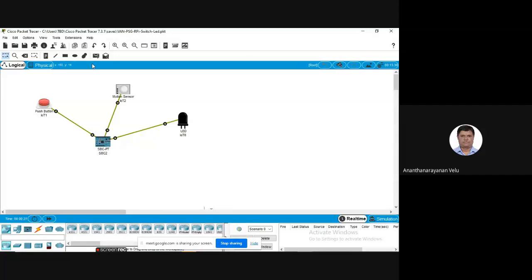You can have Arduino, you can have Raspberry Pi, you can write Python code, you can write Arduino code using the Cisco Packet Tracer. A lot of sensors are available. You can test wonderful IoT applications making use of Cisco Packet Tracer. Please make a note of that.